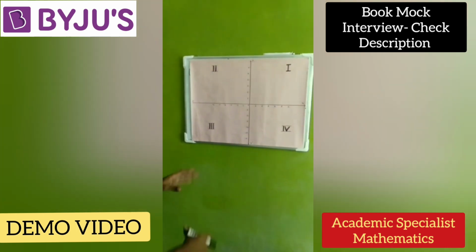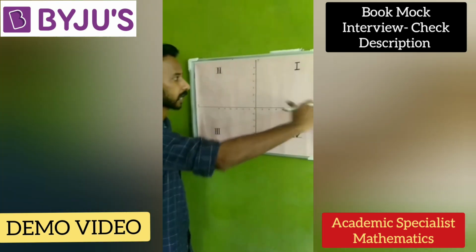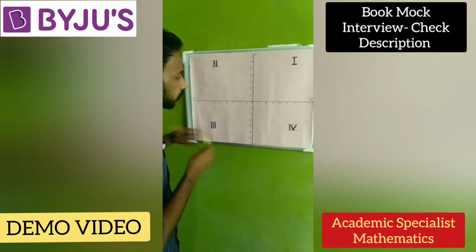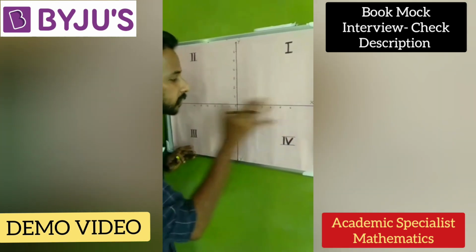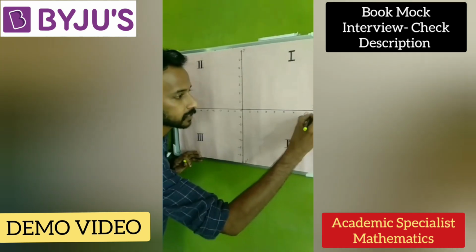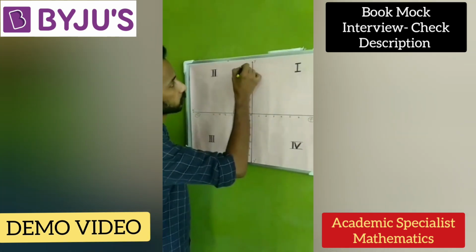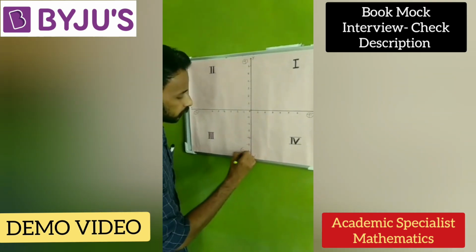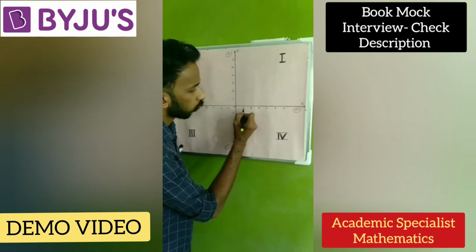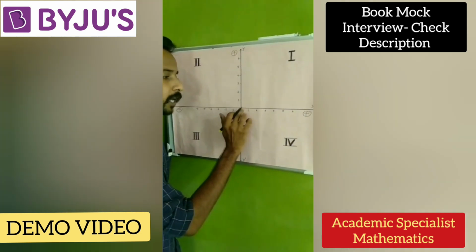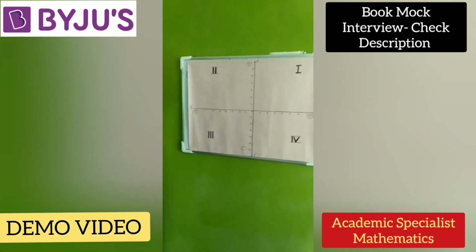We can see from this graph that there are four quadrants, 1, 2, 3 and 4. This is the x-axis and this is the y-axis. Here is the origin. The intersection of the two axes is known as the origin. The origin divides the x-axis into two parts, the positive x-axis and the negative x-axis. Similarly, the origin divides the y-axis into the positive y-axis and the negative y-axis. We know this is 1. 1 means 1 unit distance from the origin, and 2 means 2 units distance from the origin, and so on. That is similar on all axes.